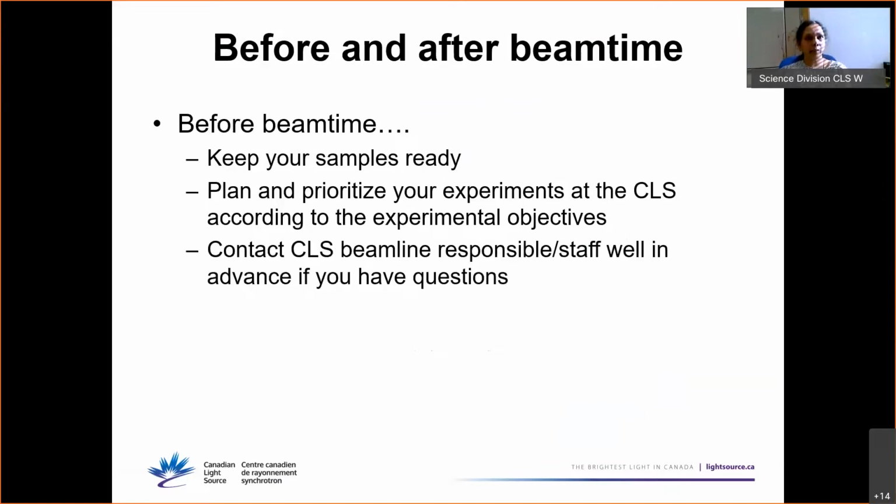Plan and prioritize your samples. This is really important. Sometimes you will be given a chunk of beam time. Sometimes people come with lots of samples, but if you randomly run the samples and at the end there is a problem in the beamline or the machine is not working, you may not be able to run the samples you wanted to do. So I always prioritize my experiments: the most important sample I try to run first, and keep the least important samples towards the end.